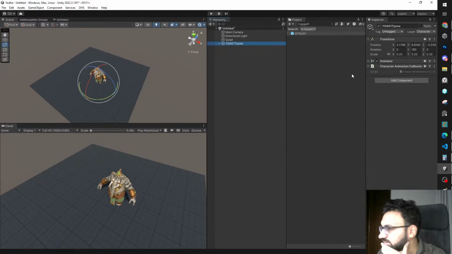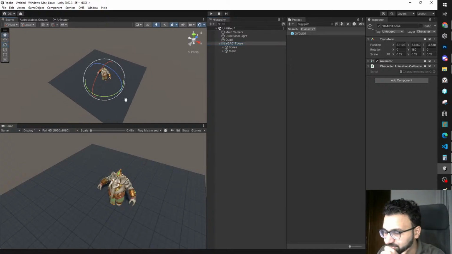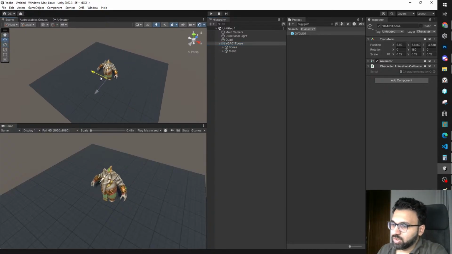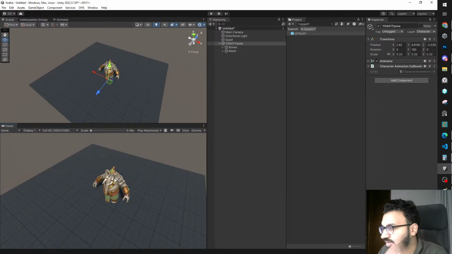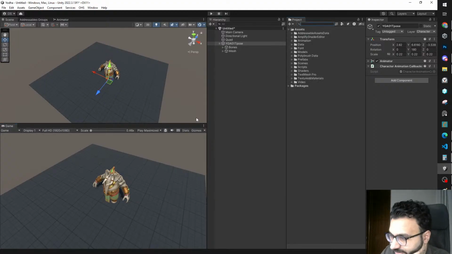We just need the character. All right. So what we will be doing today is, when we hover on the Yodha or any character for that matter, we want to show an indication for the hover and for the selection. So the way we are going to implement that is,